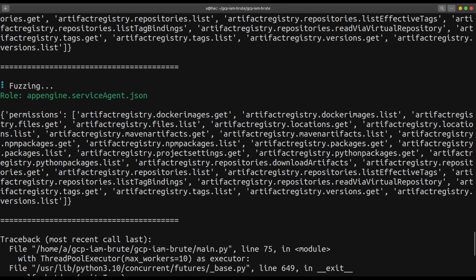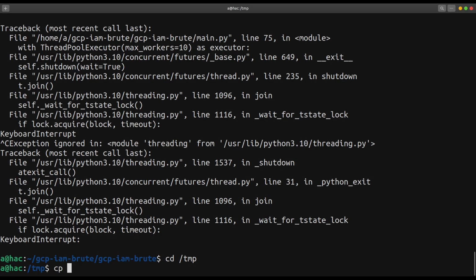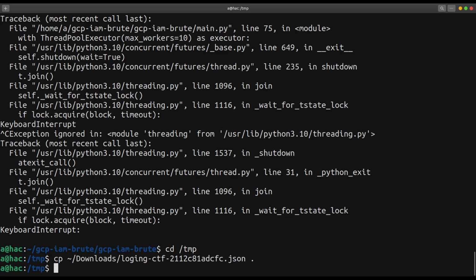Now, what I would do is create one more service account in my GCP. Alrighty, so let's do this. cd temp, copy downloads logging CTF. Let's copy over here. Now we will authenticate to my Google Cloud with gcloud auth acti